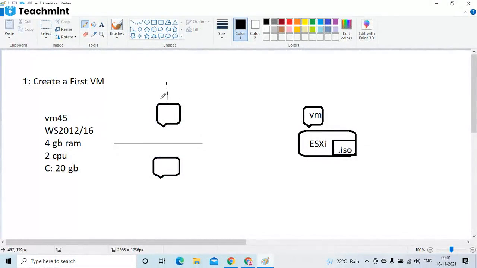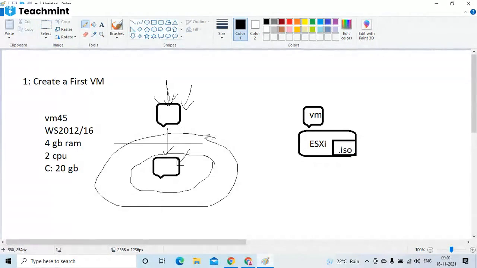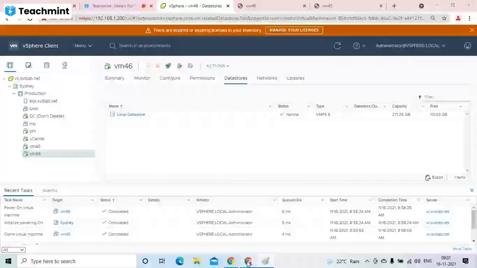There is no relation between them. Before cloning, whatever data you place in this machine, it will be there. After cloning, if you place any data, it will be here only. If you place any data here, it will be here only. That means if you make any changes here, it will not replicate back. Even if you make changes here, it will not replicate here. After cloning, there is no relation between them. Even if you delete this machine, the other will still be available. There is no dependency at all. It will do its separate job. Okay, that's good.